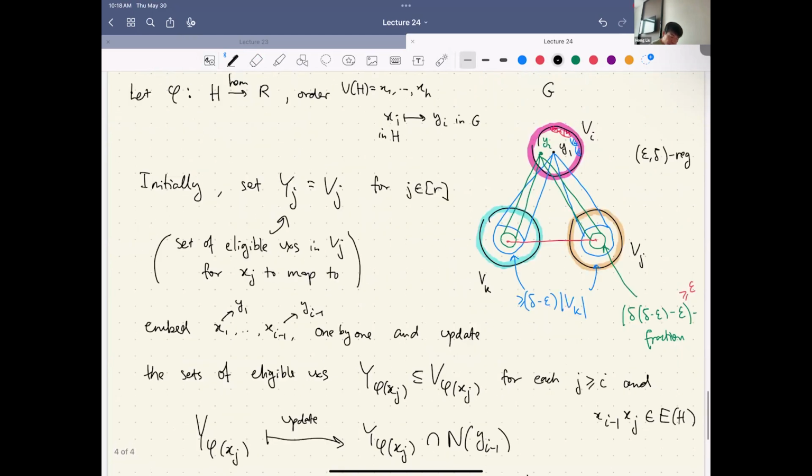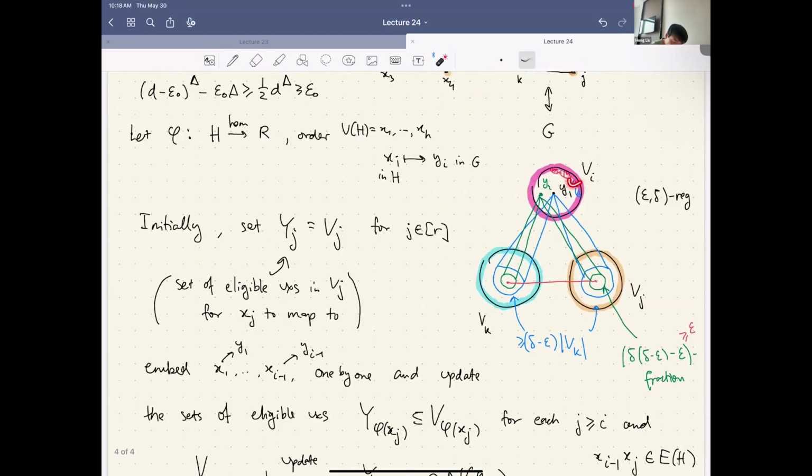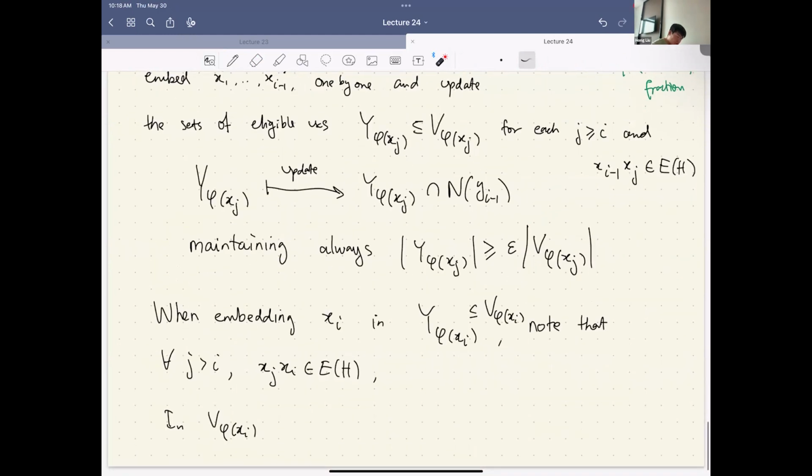Now what I'm writing is we need to also scoop out these bad vertices with respect to this updated set. Okay? But we know these bad vertices are negligible. In this set, all but epsilon fraction of vertices